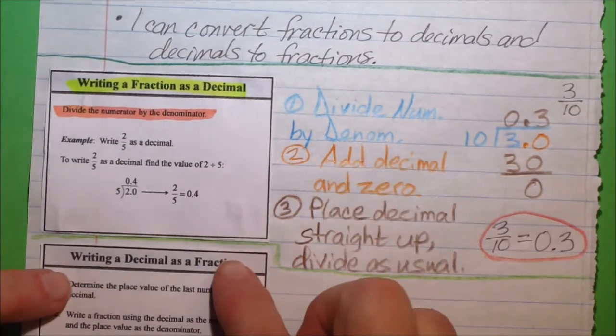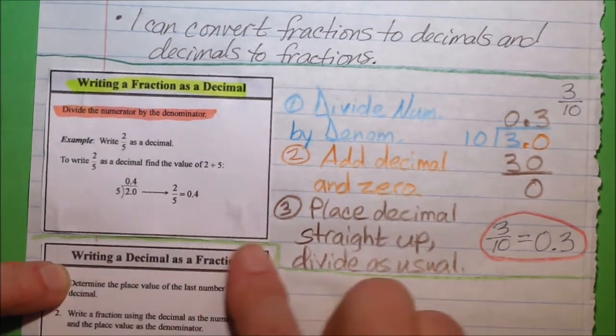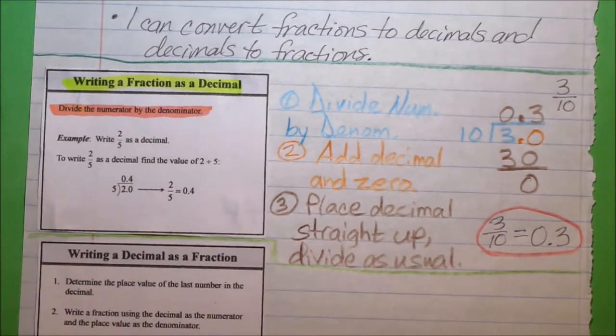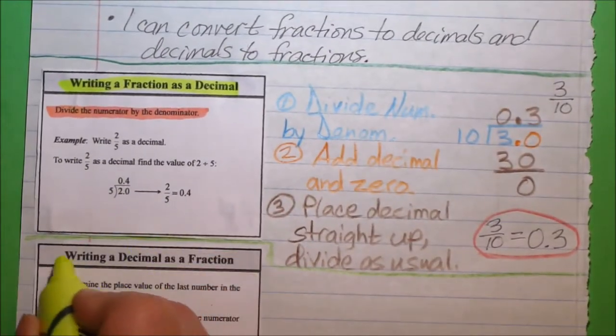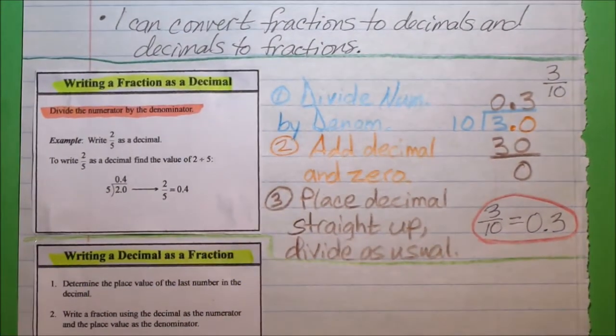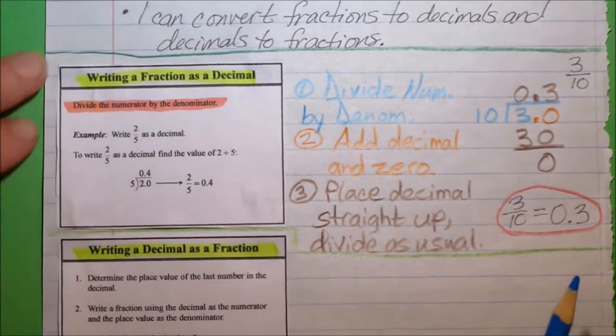Alright, so I'll put this up high, give it a press, and highlight the title. Now we are going to be writing a decimal as a fraction. Okay, and the 3 steps for doing that are,